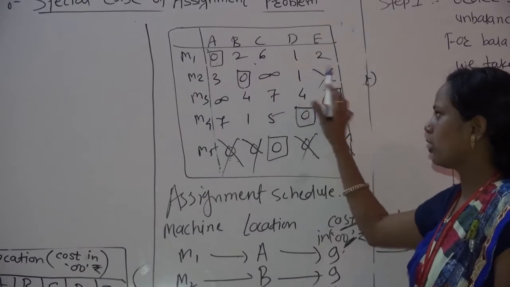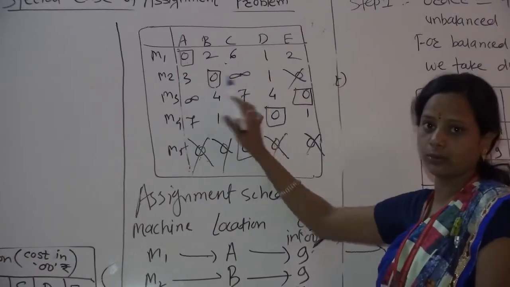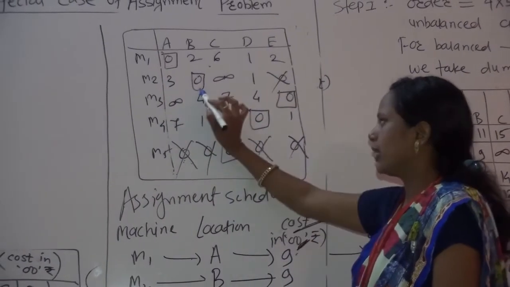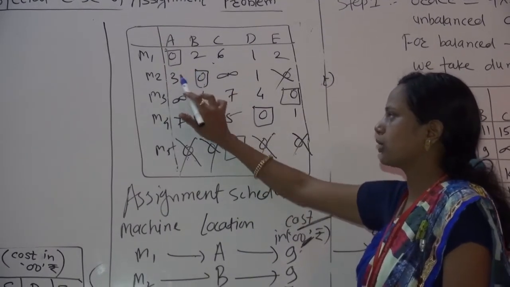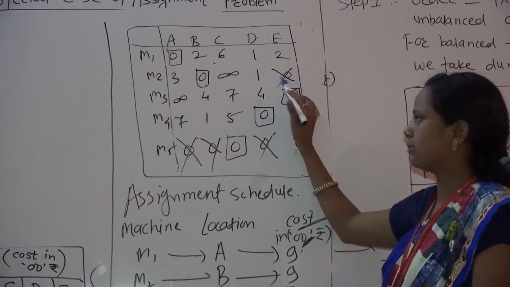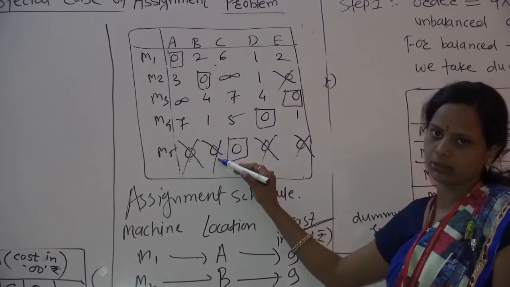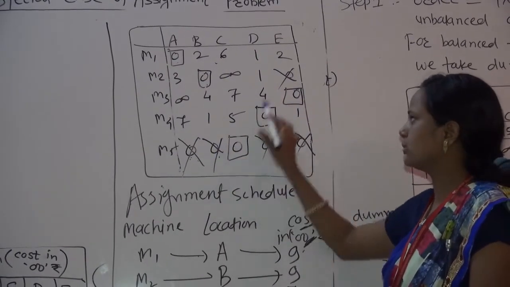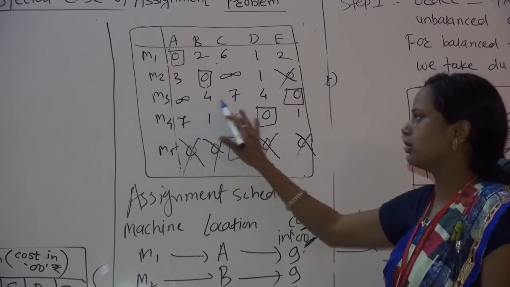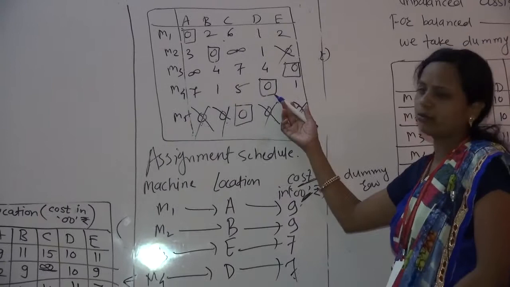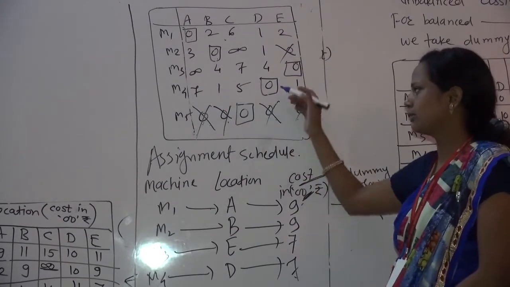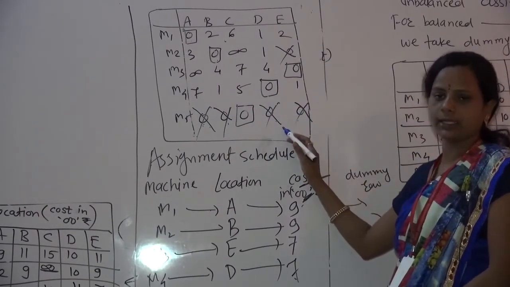In the second row again there are 2 zeros. So you have to determine where we have to give the assignment. So I give the assignment here. In the corresponding row an extra 0 is available as well as in the corresponding column. So cross off these 2 zeros. Next, in the third row only 1 zero is available. So give the assignment. In the fourth row again only 1 zero. So give the assignments and cross off the corresponding extra zeros.